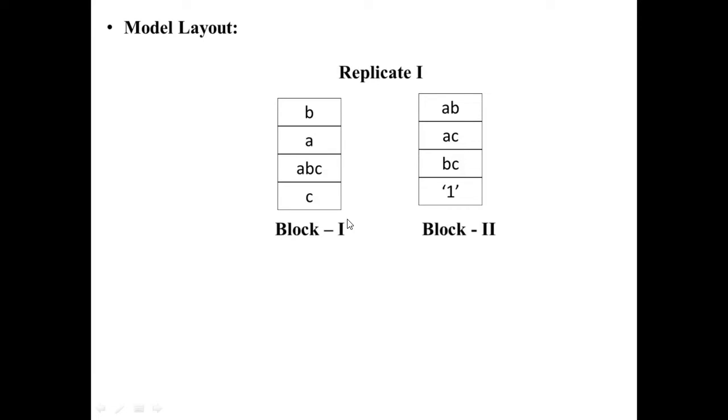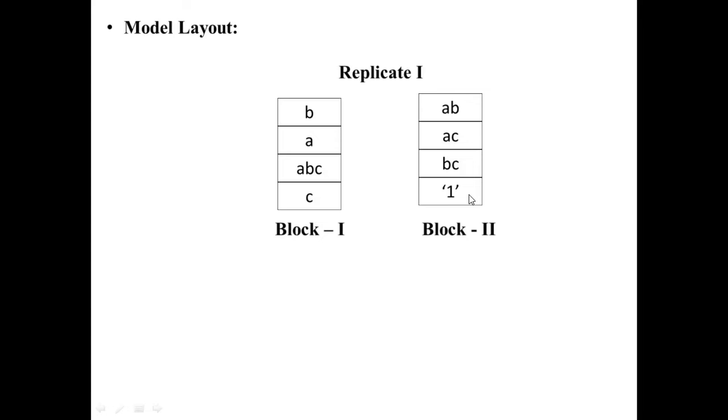So here I assign the positive treatment group of treatment combinations to block 1 and the negative treatment combinations to block 2. So here I assign randomly B, A, ABC and C. And similarly in block 2 also we assign these 4 negative treatment combinations randomly into these 4 experimental units: AB, AC, BC and 1. So this is the model layout when we consider total confounding, or when we confound the highest order interaction effect ABC in a 2^3 factorial experiment with a single replicate.